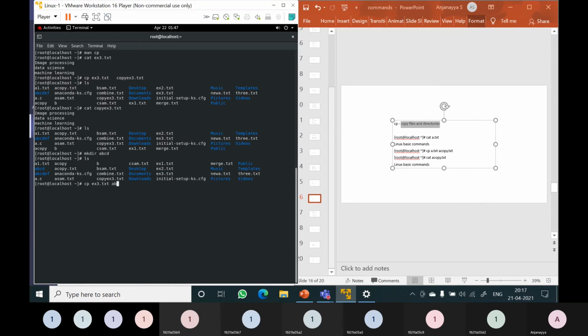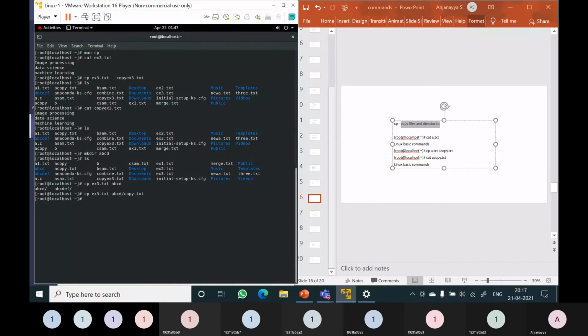So abcd is a directory, and here I will give the file name copy.txt. The contents of ex3.txt will be copied into copy.txt. Where will copy.txt be created? It will be created inside this abcd directory.